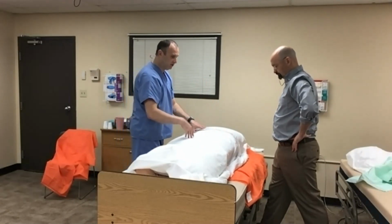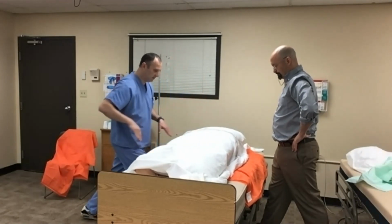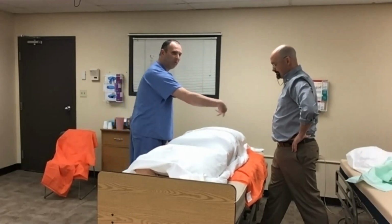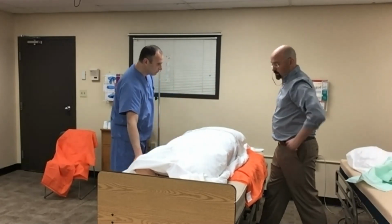Problem without the slide sheet is that it's hard to finish the prone. You start getting them on their side, and then it's the slide sheet that helps get them more that way to get them all the way prone. That's why we use two, okay? Or